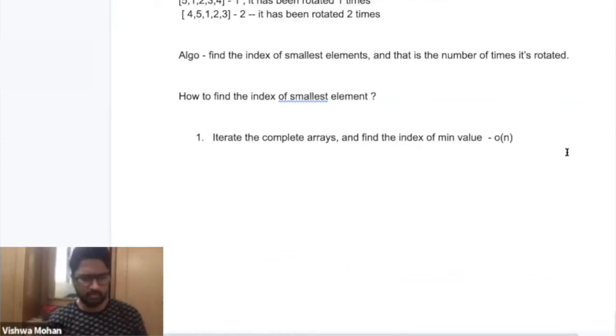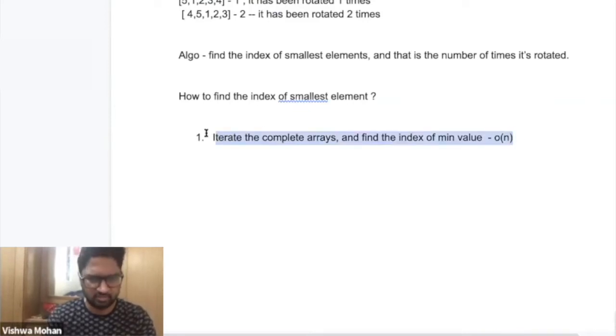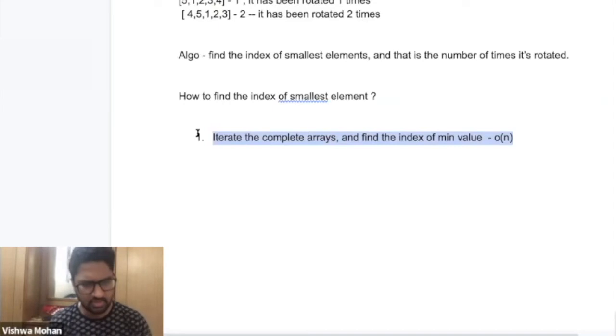So basically, even if it was a normal array with no information given to you, whether it's sorted or not sorted, this approach one will anyway work. This will work in any kind of array. So given any array, if you have to find the minimum element in that array, you can do it by doing a single iteration. But what advantage did you get with the additional information that you have?